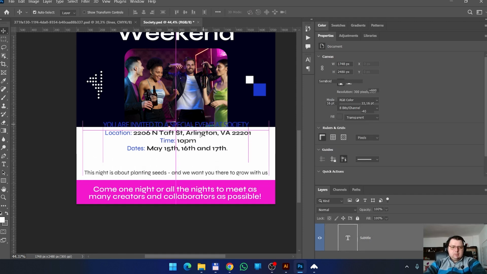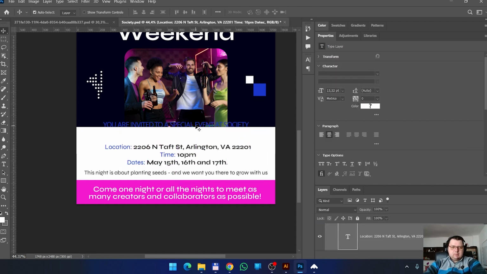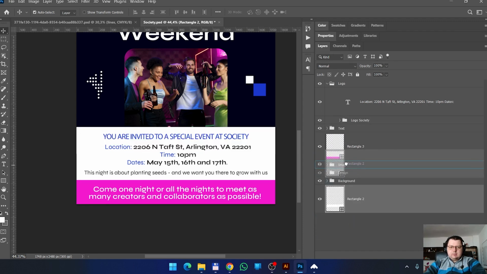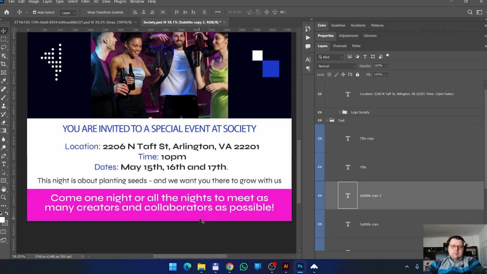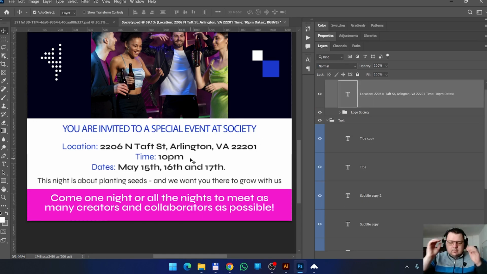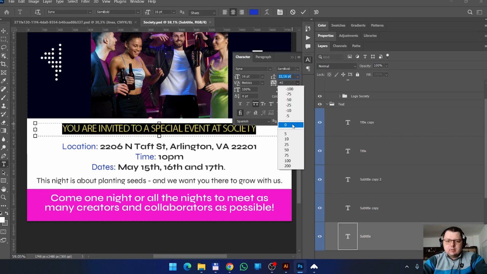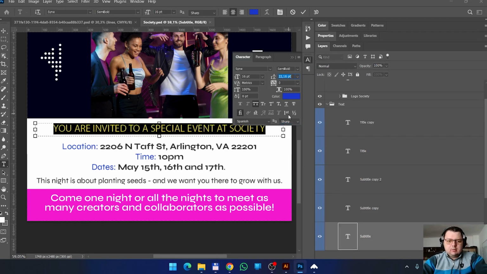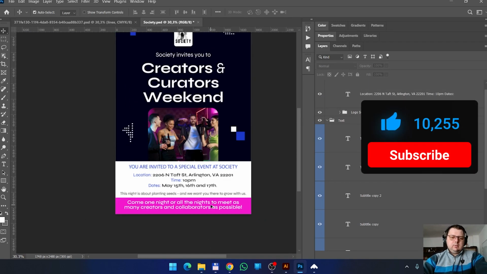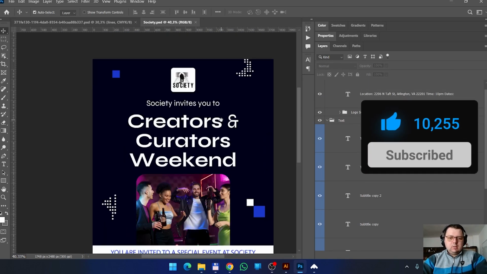Maybe this right here, this rectangle maybe in front of the image, space for the bleed. Okay, center align this and also this. I think center align text works better. Maybe choose 0 for kerning, and maybe something like this can work. Yeah, what do you think?